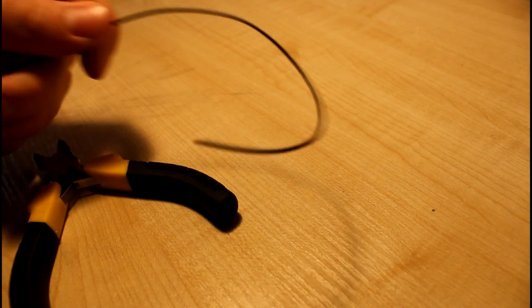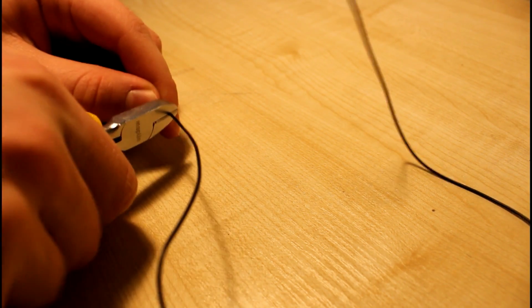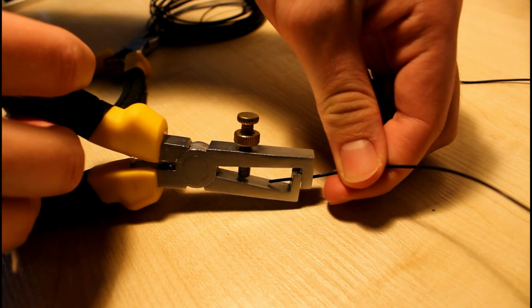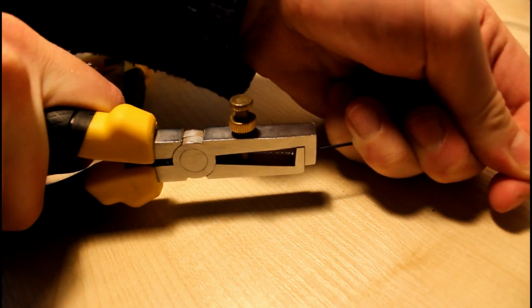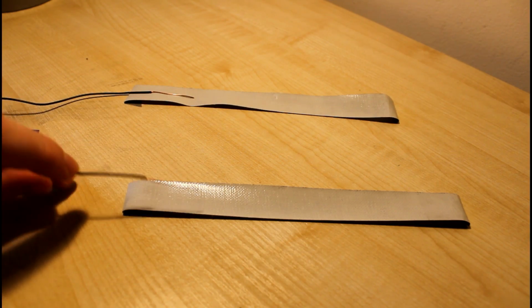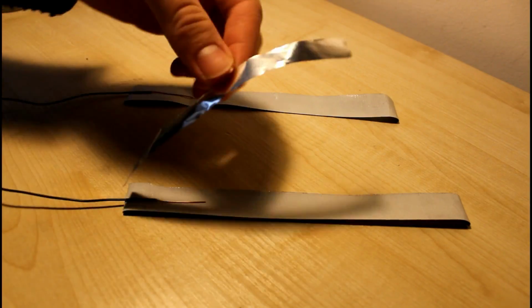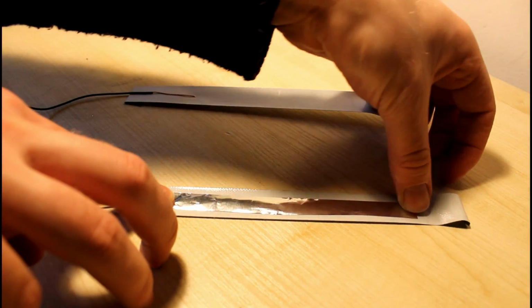Next up, we're going to prepare the wires. The wires need to be long enough to go from the hand to the breadboard. And when it comes to stripping them, you want one end to be stripped about 3 centimeters and the other end to be stripped just long enough to go inside the breadboard. Now I want you to take the longer piece of wire and stick that down to the tape. Once you've done this, we can cover that now in tin foil, again making sure that there is no overlap,